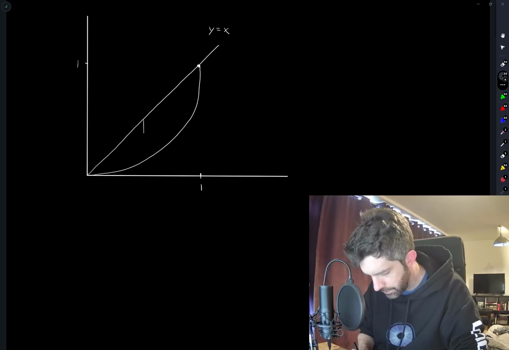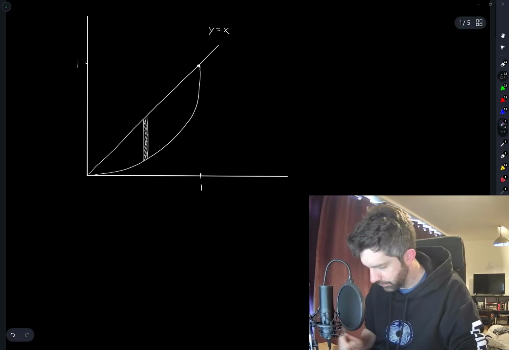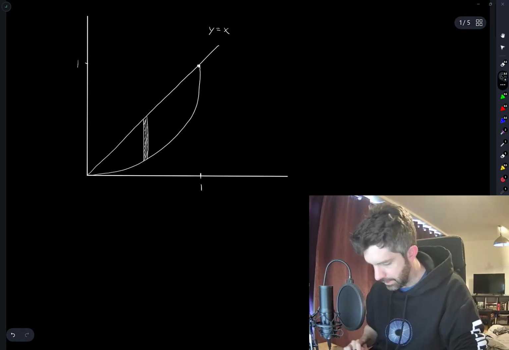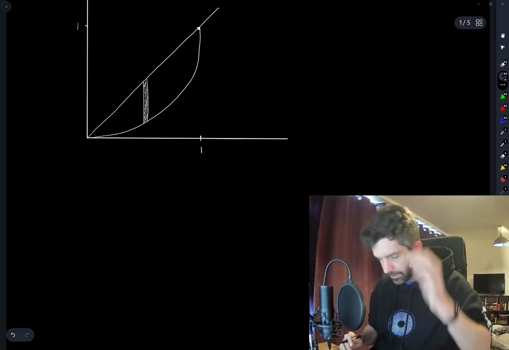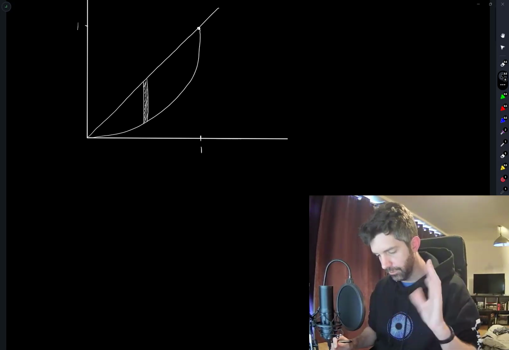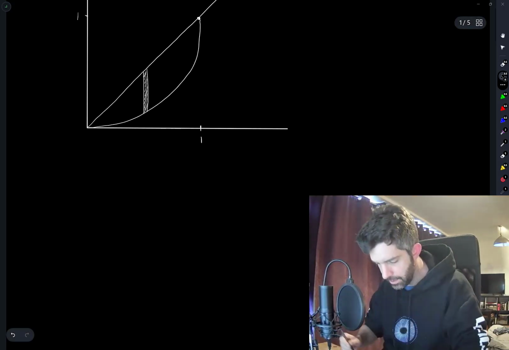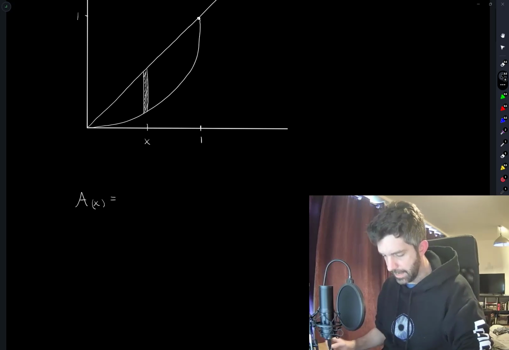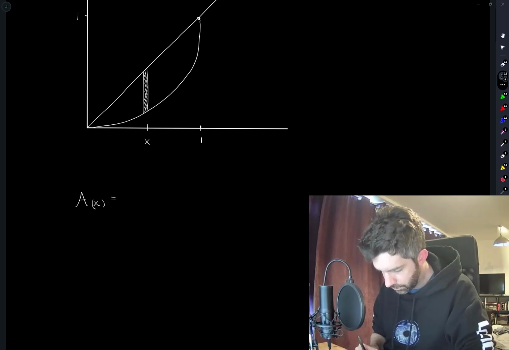So what I'm going to do is take a slice like this. And when that area gets rotated around the y-axis, it gets rotated sort of like that. It's going to sweep out a cylindrical surface, and we can compute the area of that surface. So if I call this a generic value of x, the area of one of these cylindrical slices as a function of x is going to be